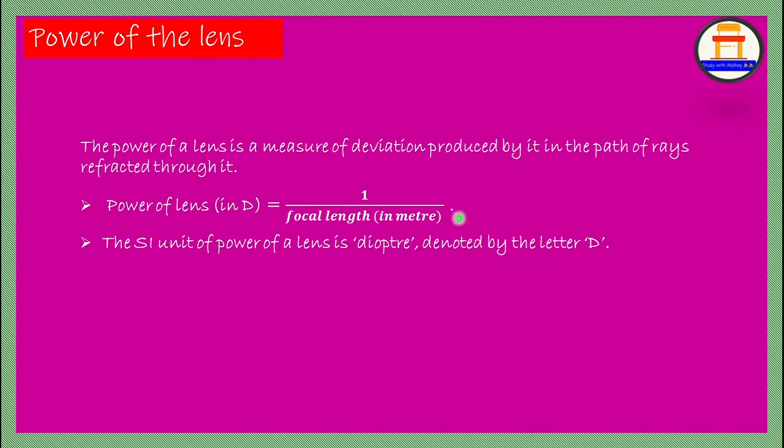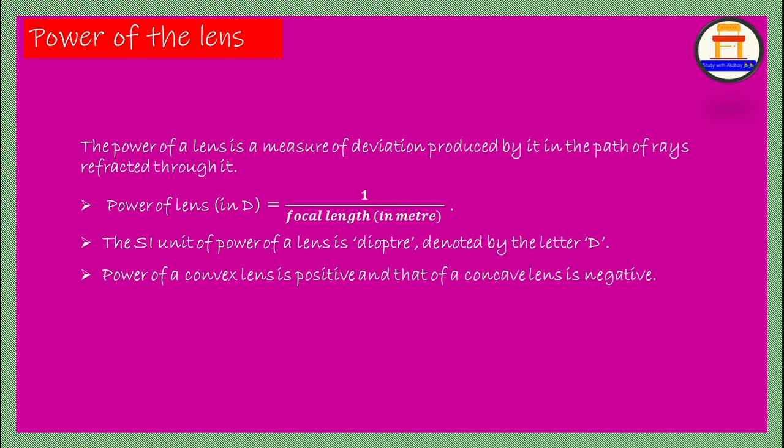Mark it as important. Power of a convex lens is positive and that of a concave lens is negative. You can add this in the previous table itself by indicating D is positive for convex and negative for concave. Here also the concave lens is helping you, for there also all the signs are negative. Here also it is negative only. Easy for you to remember. Yes, we are done with the concept for today.